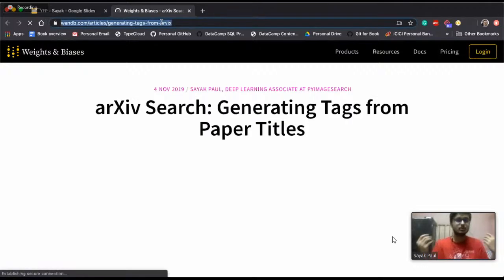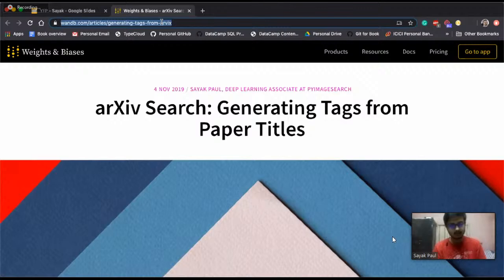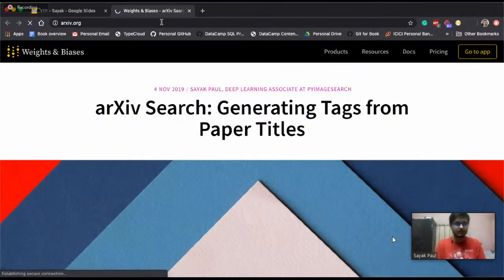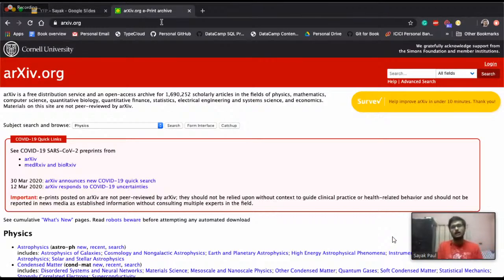So I use arXiv for reading research papers on machine learning, and arXiv is quite popular among the research community, or the machine learning community in general. It has a lot of different sections, but machine learning, computer vision, and natural language processing are very popular. You would find most of the cutting edge machine learning research happening today is mostly open sourced on arXiv. So I was thinking,